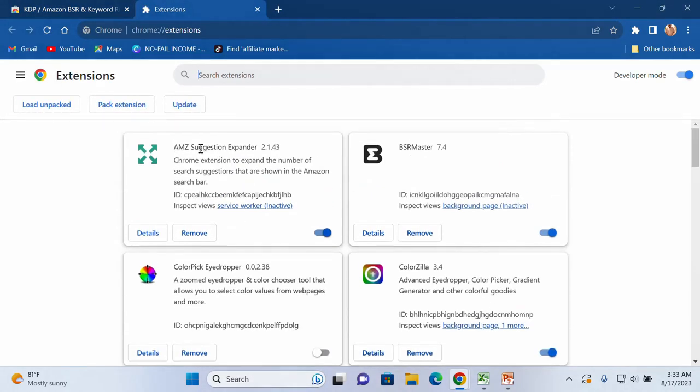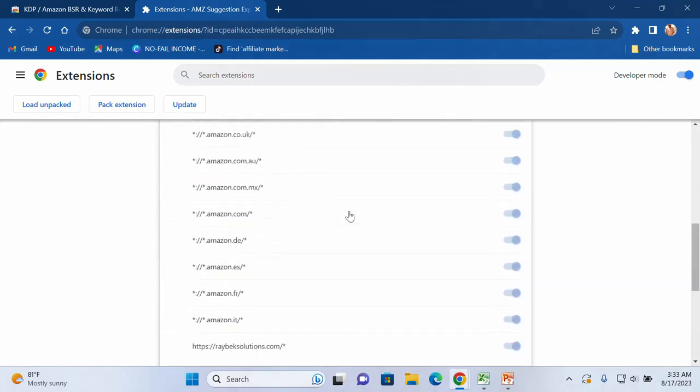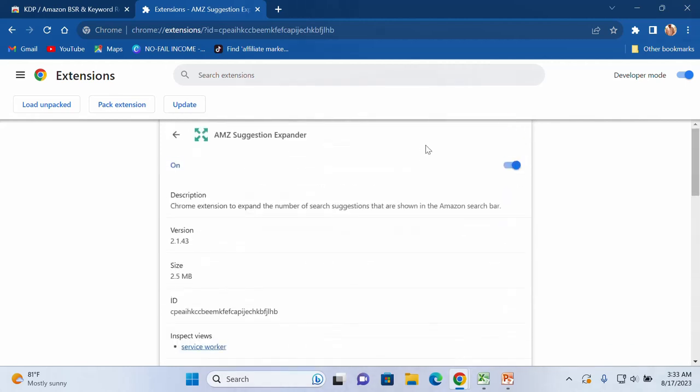Now you can see the first extension here is AMZ Suggestion Expander that we have just installed. Now come here and click on these details. Click on the details and then come down. You are going to see where you are going to allow it so that it can work on the incognito tab. Now look at it here. Allow in incognito. Now in your own scenario, it is going to be off. So all you need to do is just to click on it and turn it on. Now this particular extension is going to work on the incognito tab if you do it this way. So this is the same thing you are going to follow